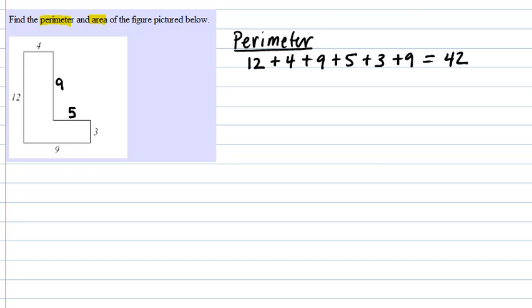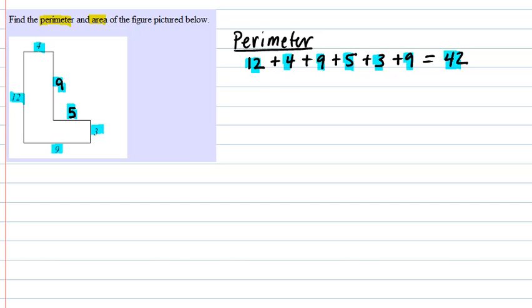So now that we have the two missing sides, it's simply a matter of adding up all of those dimensions. Now I like to take them in order so that you don't miss any. So there's the 12, then 4, there's the 9 that we computed, and the 5, the 3, and finally the 9 at the bottom. So I've got all the sides, and if you were to add those up you would